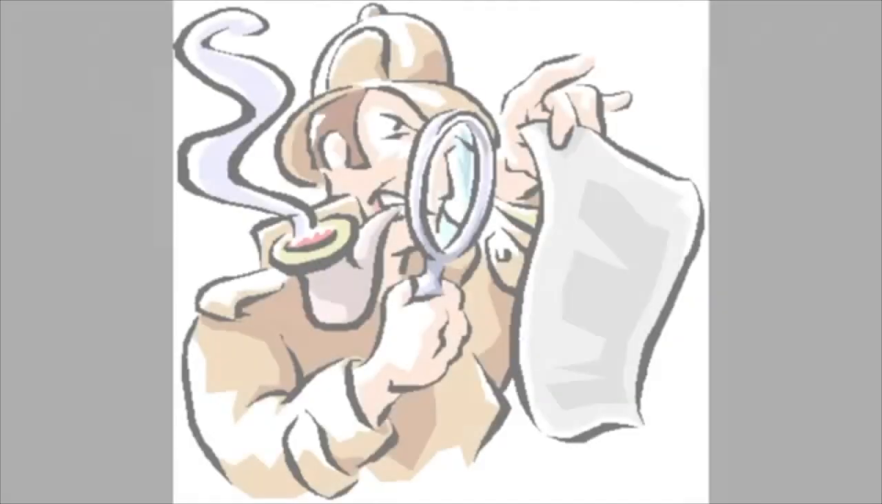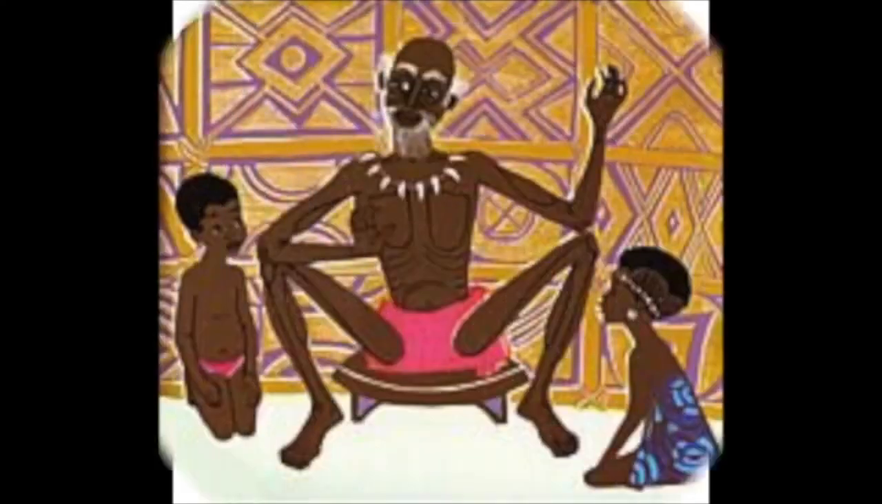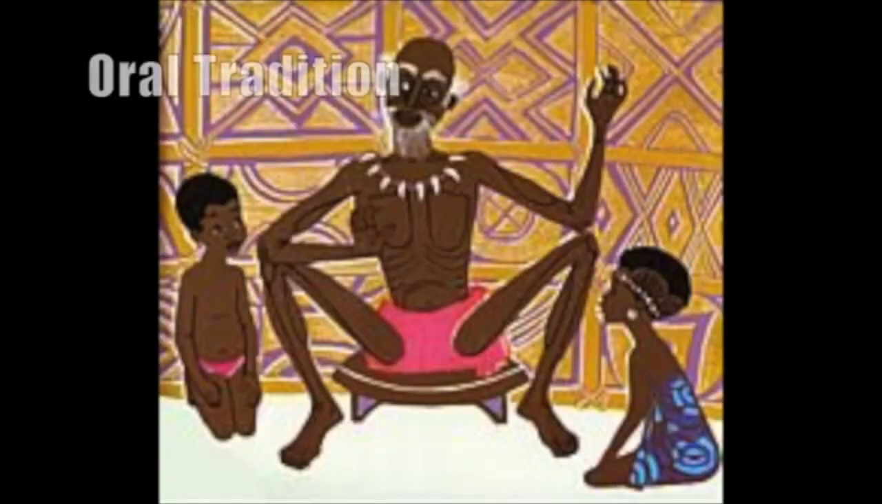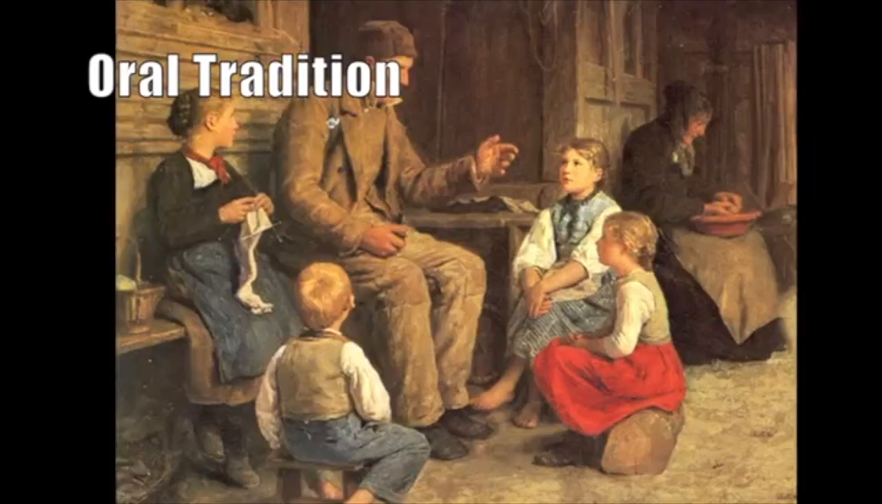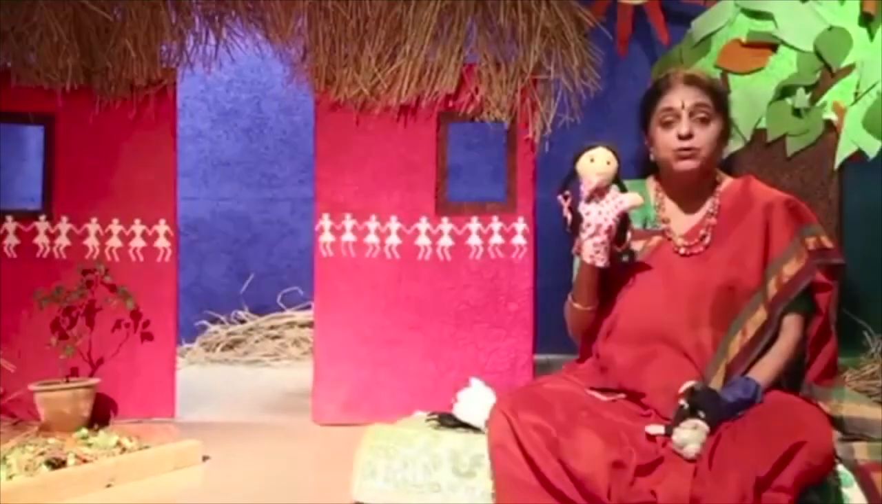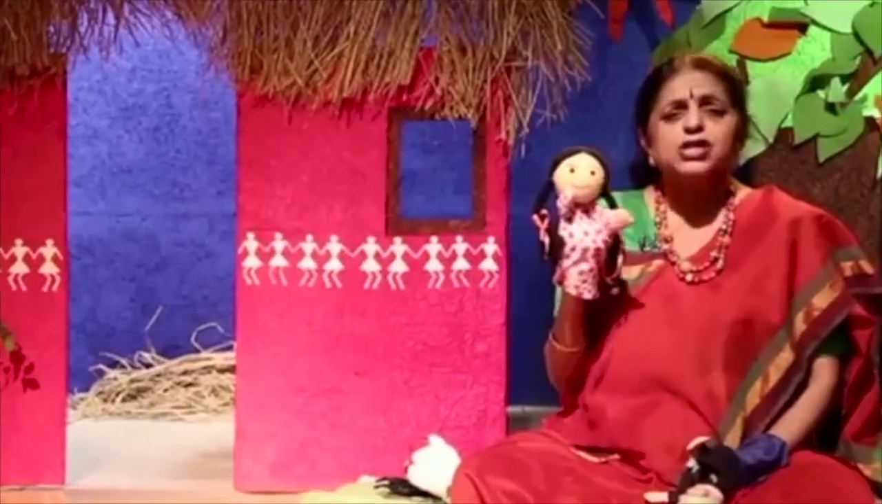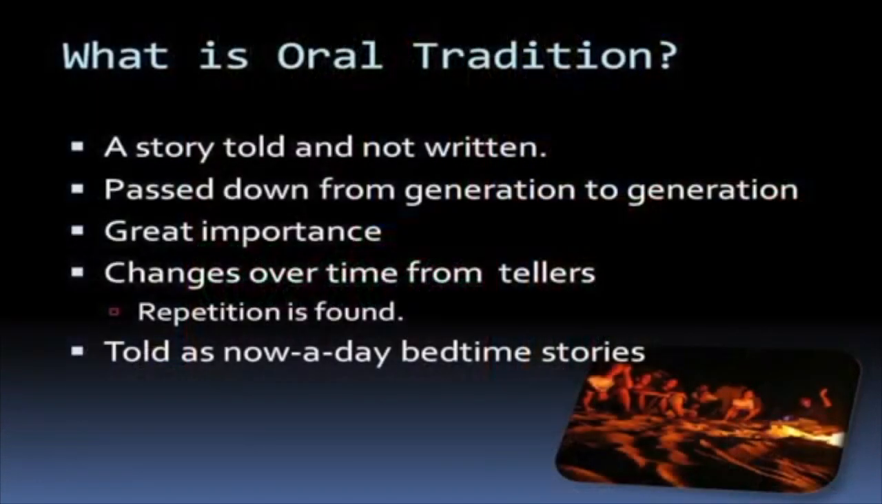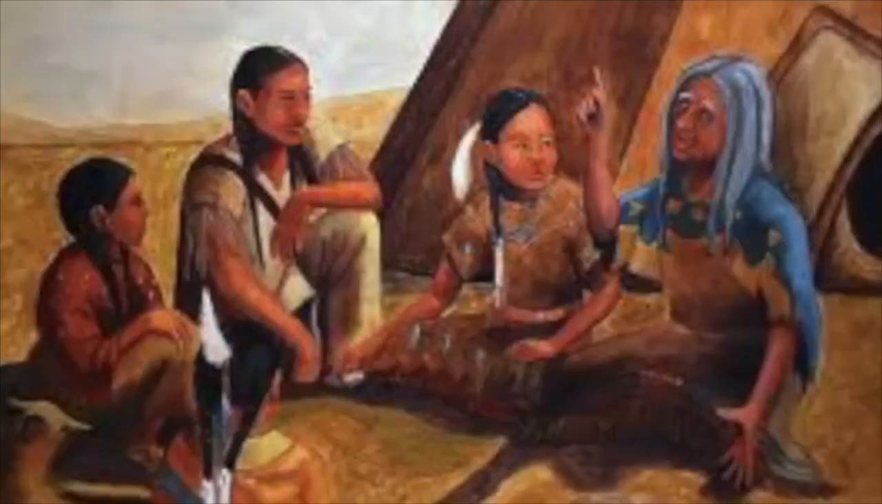The final way that we obtain information about human history is through oral tradition. Oral traditions are stories that are passed down from one generation to the next, or storytelling. These stories could be about family history or even about events or heroes that lived in the past. This means that they may not be completely true or historically accurate, yet they are still very important to studying